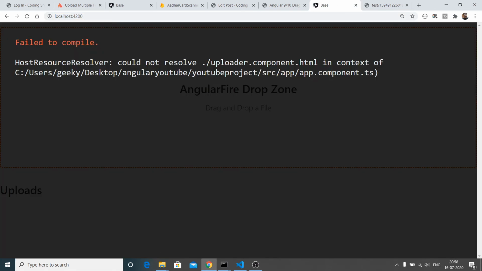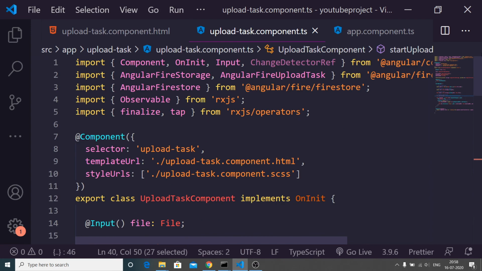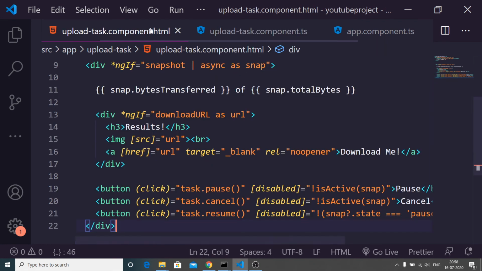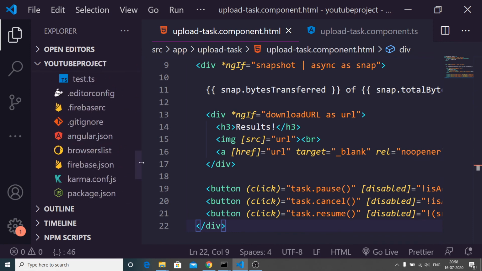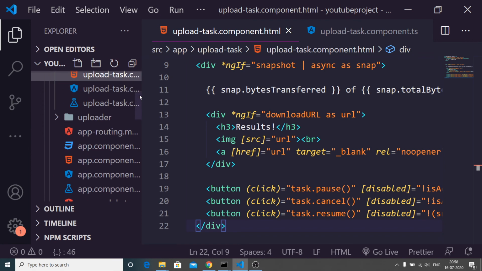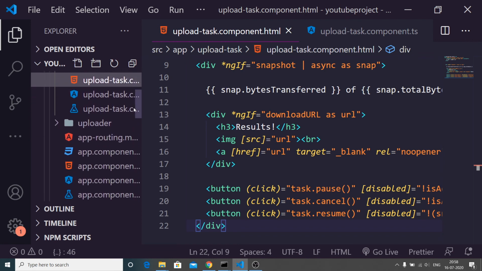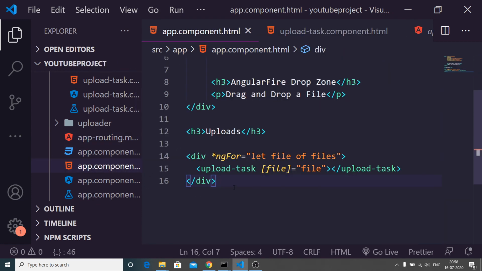It is saying that uploader.component in context could not resolve. Let me just see. Just wait guys, what is the problem here? Oh, I think I haven't added this. Go to your app.component.html file.